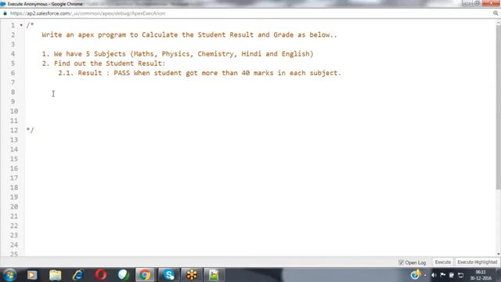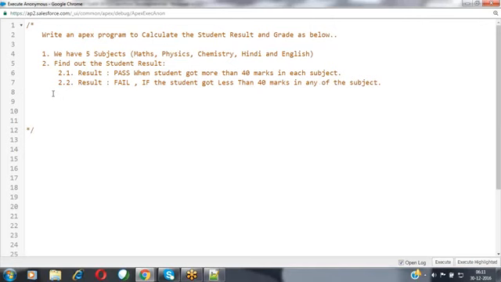And then 2.2, the second alternative case. The result will be fail if the student got less than 40 marks in any of the subjects.